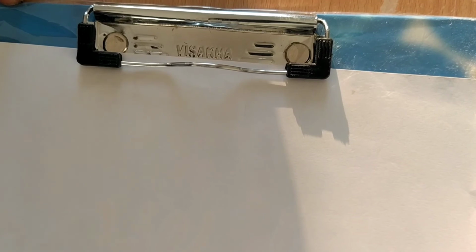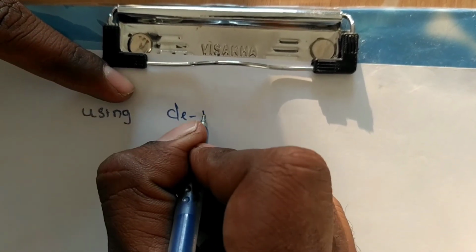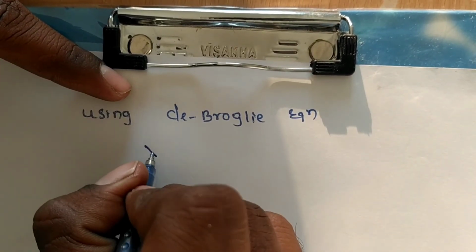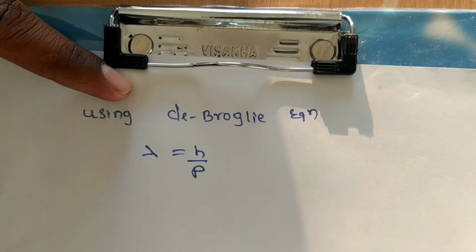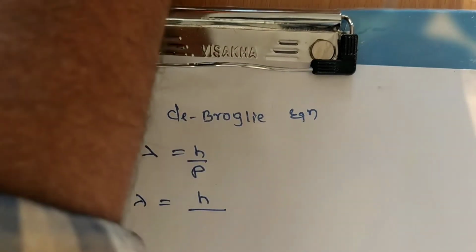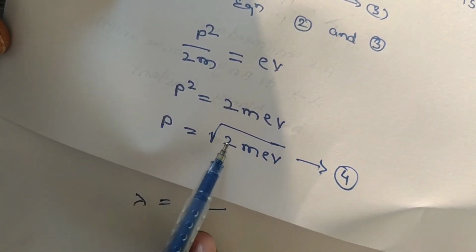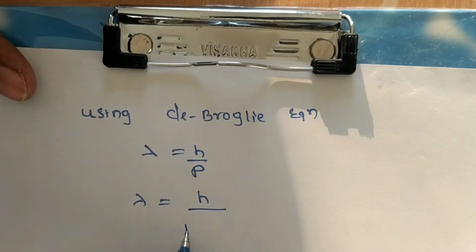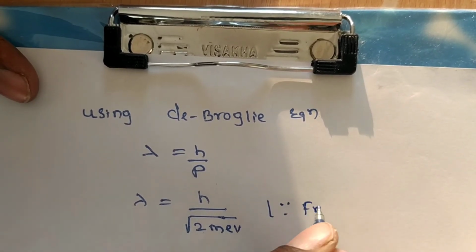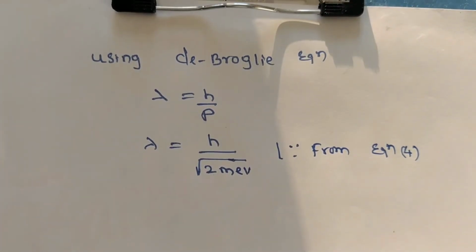Next, using the deBroglie wavelength equation, lambda is equal to h divided by p, substitute p with root of 2m eV from equation 4. Now on substituting the values: